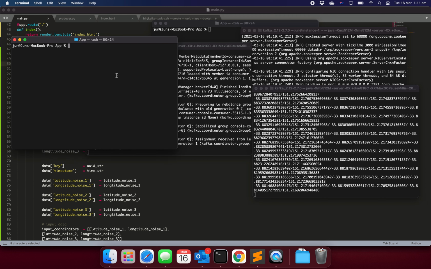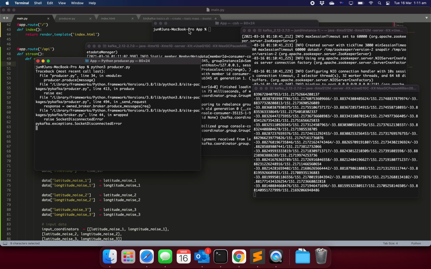Next is to generate some data. I'm going to produce some data here. Okay, it's running now. Oops, some error here. I don't know what happened with macOS, because I'm using the latest one. Maybe I need to restart the system. Anyway,